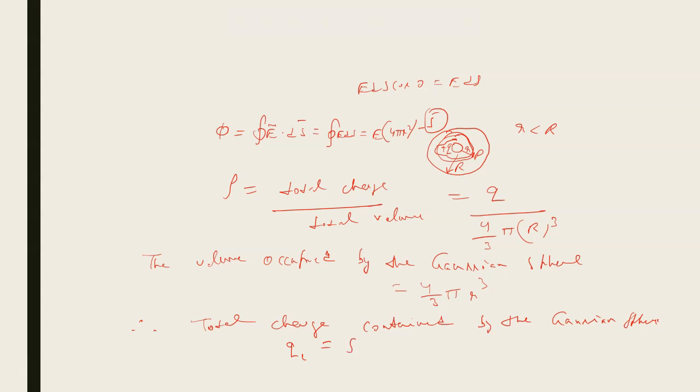So this will be equal to the volume charge density rho multiplied by the volume, because rho equals charge by volume, so Q1 equals volume charge density multiplied by the volume. Suppose this is our equation number 6, and this is our equation number 7. If we put the value of equation 6, that is the rho value, and equation 7, that is the volume result here,